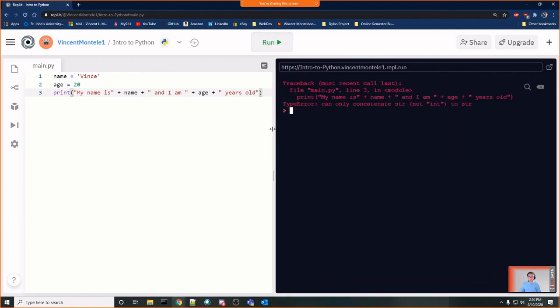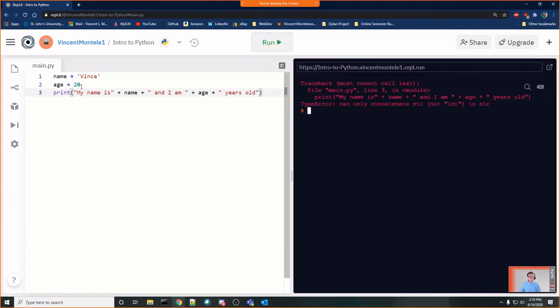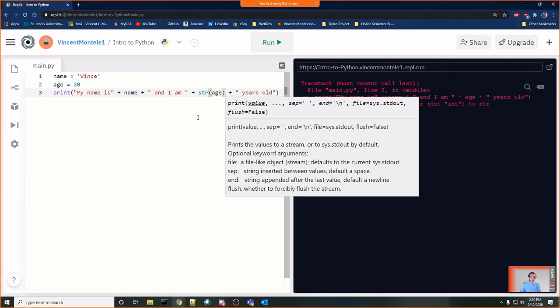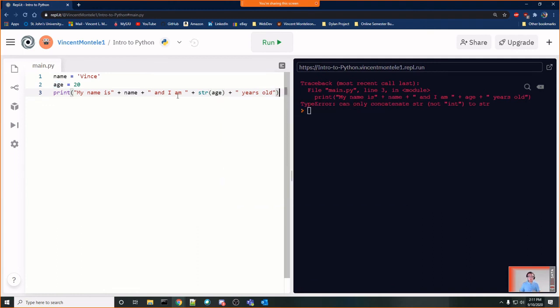we're just going to run into one error, which is because age is not a string. So all we have to do is just turn age to a string by using str. It might seem a bit redundant or complicated to you, but it's as simple as a print statement needs an entire string. So there's a lot of ways we can accomplish that. The easiest way would just be to turn our age variable, which is a number, an integer, into a string by straight up turning it into a string. So if we run this again, my name is Vince, and I am 20 years old.